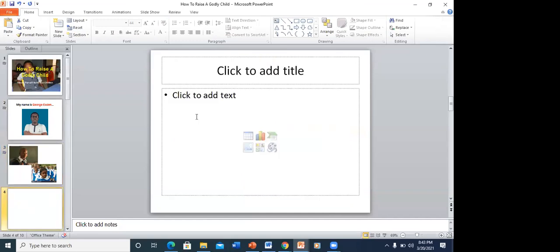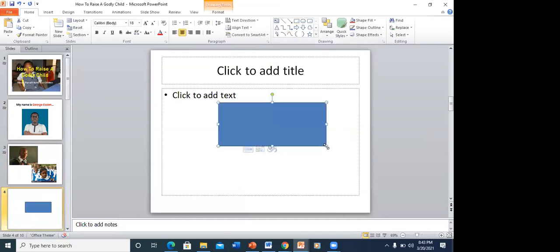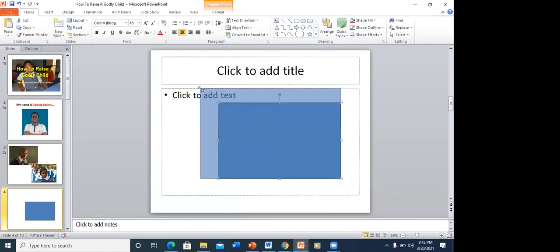Let's go to the next slide. You can use any of these to create that. You can make it back depending on what you want to do. If you want to use any of the shapes, or you want to create a shape, just click on any of these shapes and then do what you want to do. It's exciting what you can do with Microsoft PowerPoint. So just go make your mistakes. The only way you can learn is to make your mistakes.